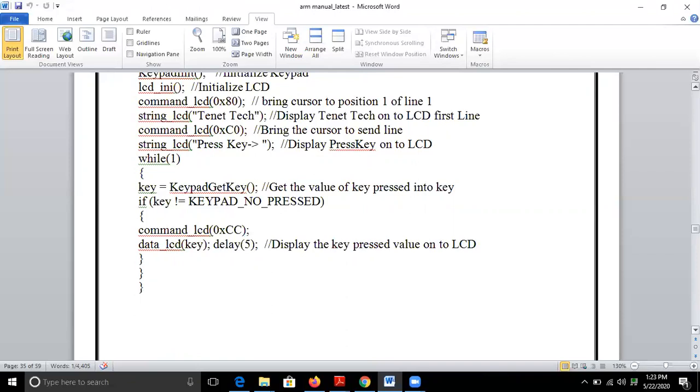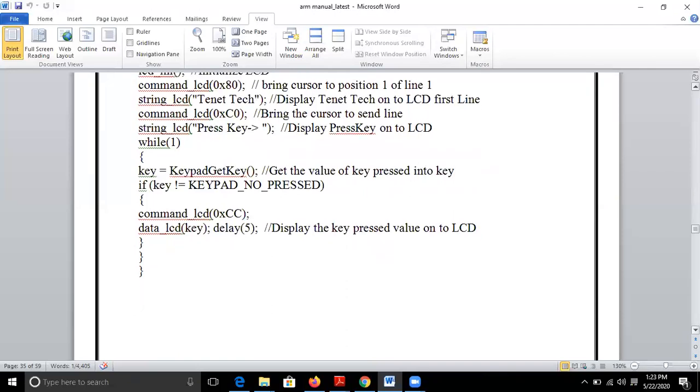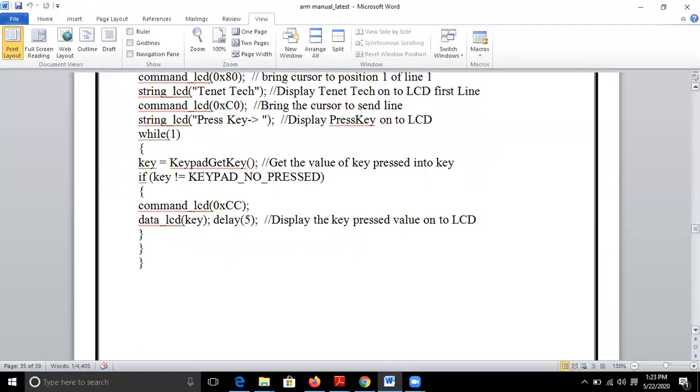So once you issue the command 0xCC, you call the function data_LCD with the key, which will pass the value of the key that is pressed, so that the LCD can take this value and display it.